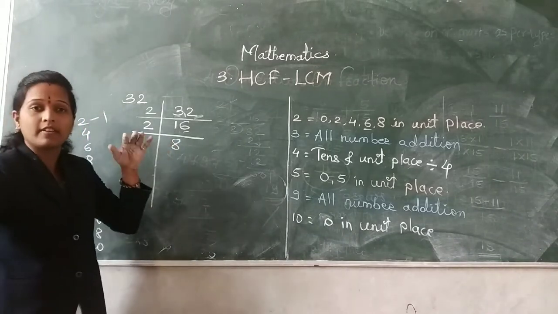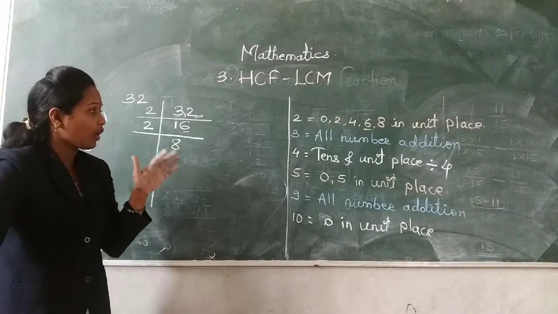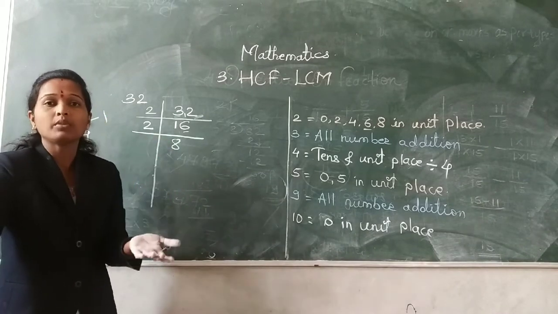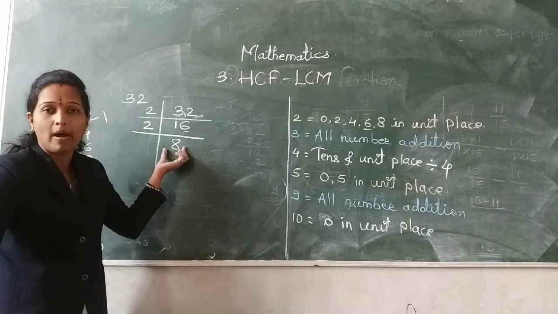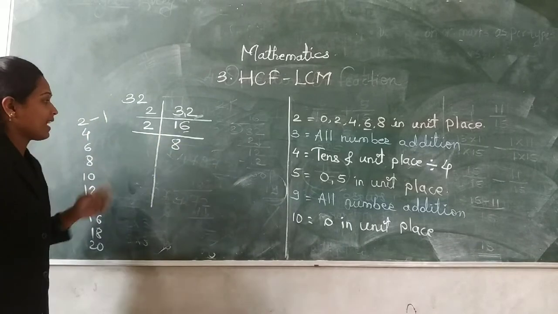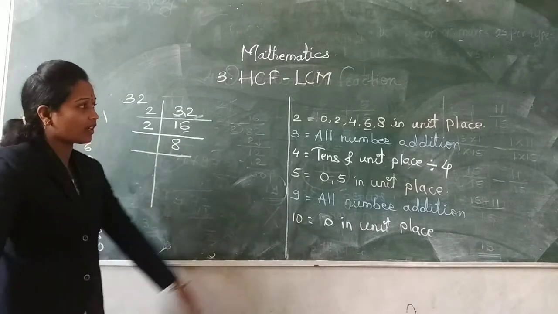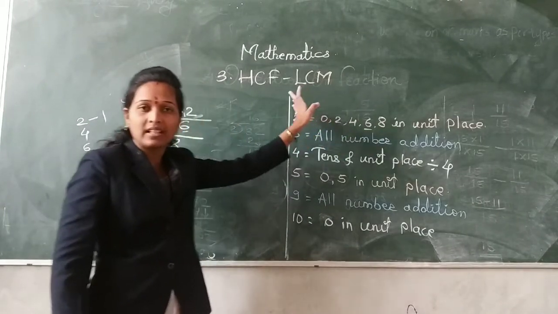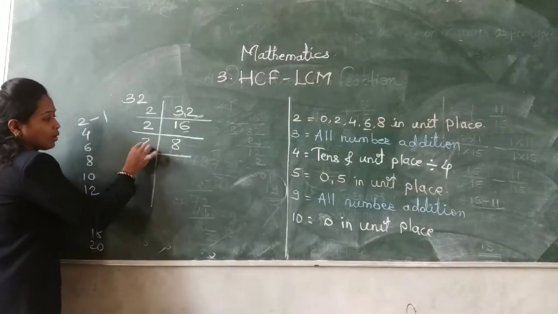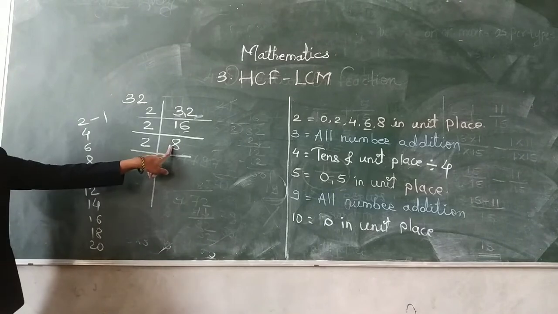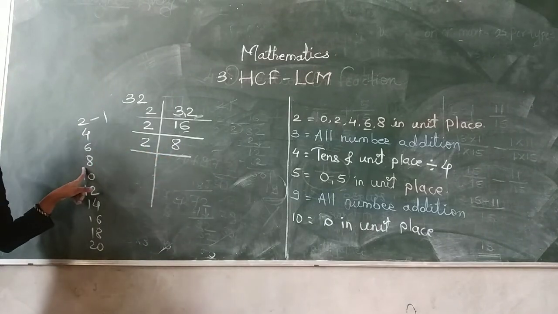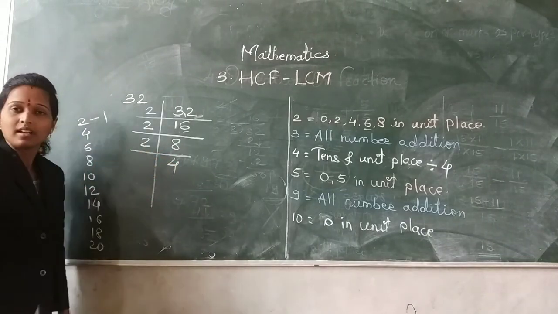Whatever it means, in your division in 4th standard or 5th standard, we write down the quotient. So that quotient you have to write down here. 2 eights are 16. Again 8 is there, so the unit place 8 is there. That number is divisible by 2, so divide that. 2 fours are 8. In the table of 2, 8 is there. 2 fours are 8. Write down here.